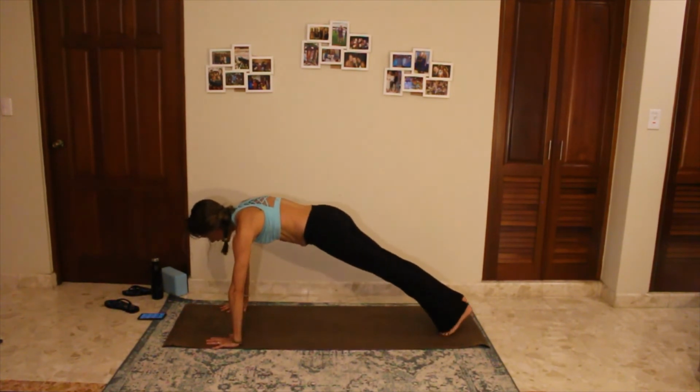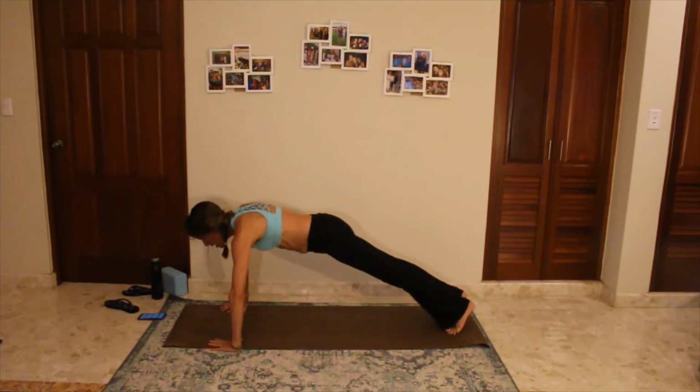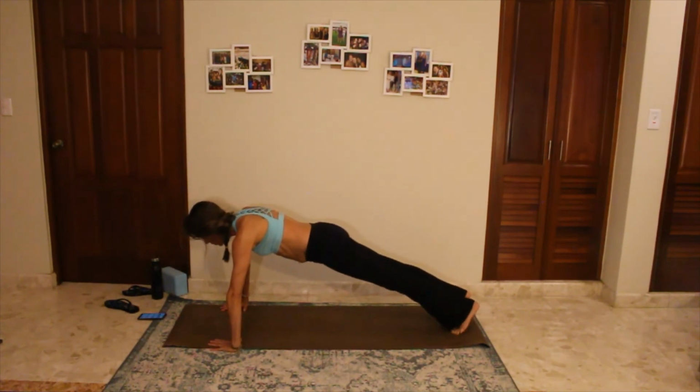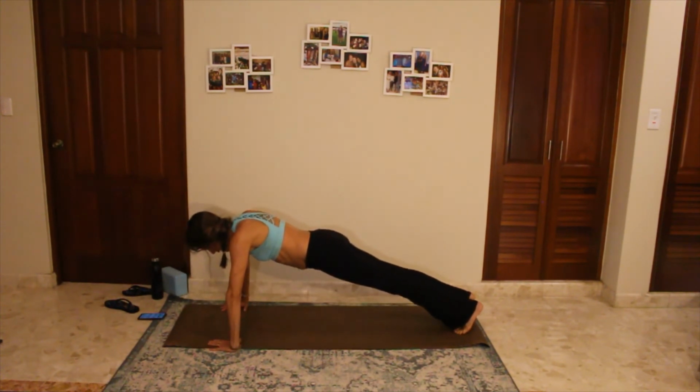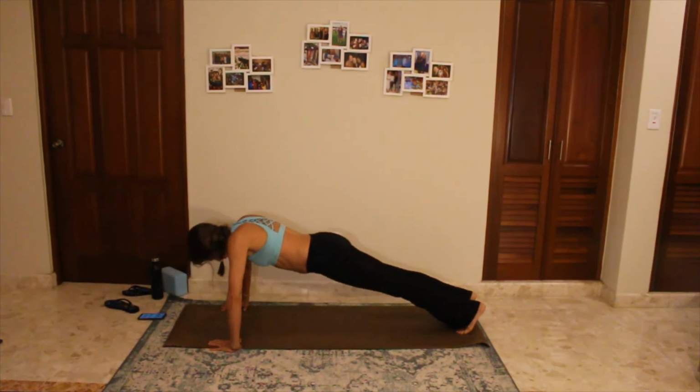I'm going to adjust my hands, wide push-up position. Feel free to drop to knees. I'm going to try to do 10. Let's see how it goes. 10. Remember, we don't go down more than 90-degree bend of the elbows. 8, exhale up. 7,